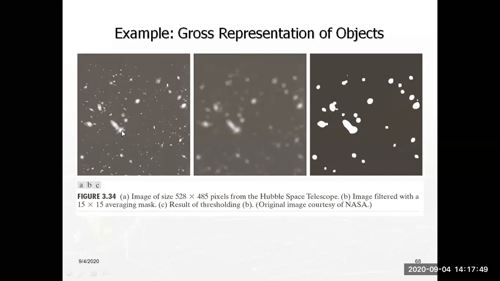the major parts. So for that I am removing the noise using the 15 by 15 averaging mask. That is your linear mask like the previous one. Then you apply the threshold, and the final output image will be like this. Here there is very good clarity. So these are the galaxy values.